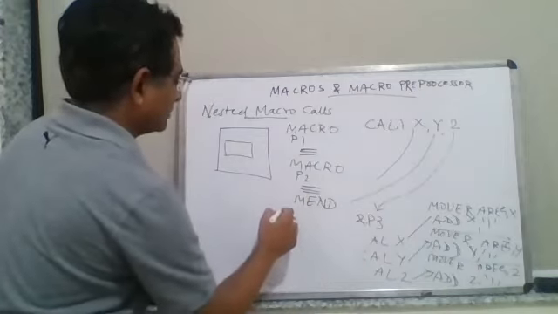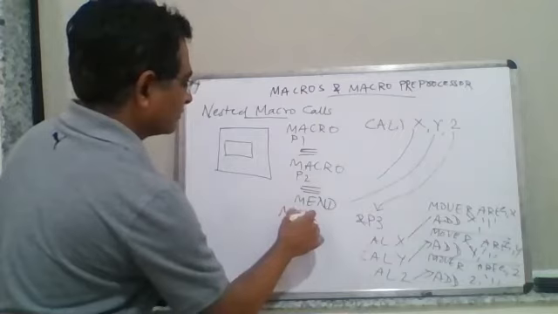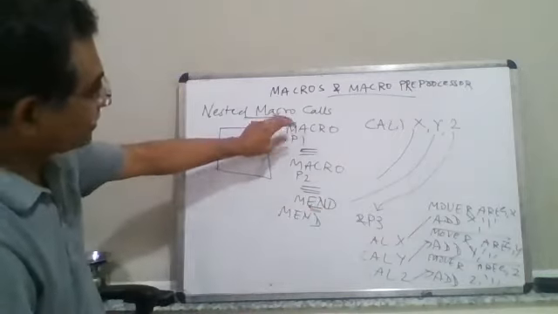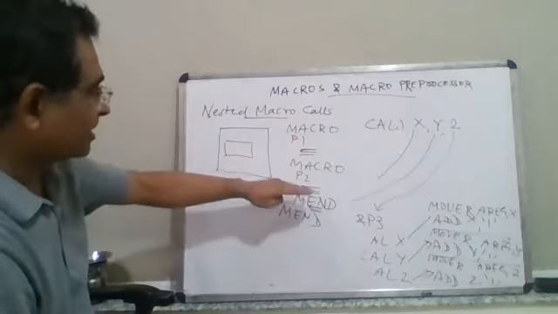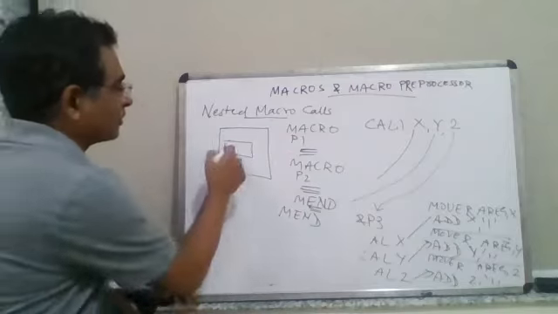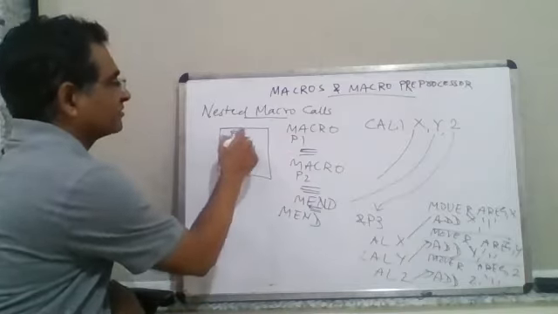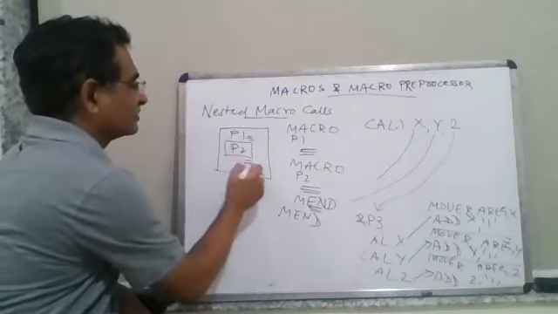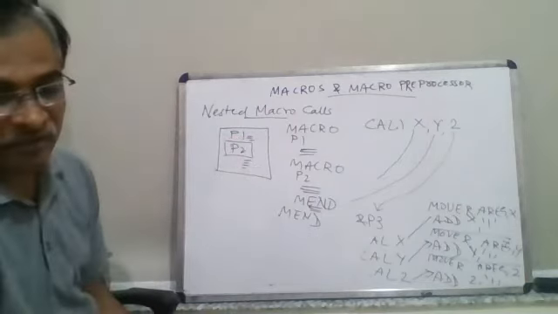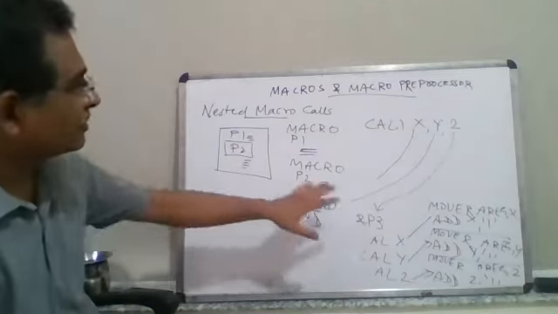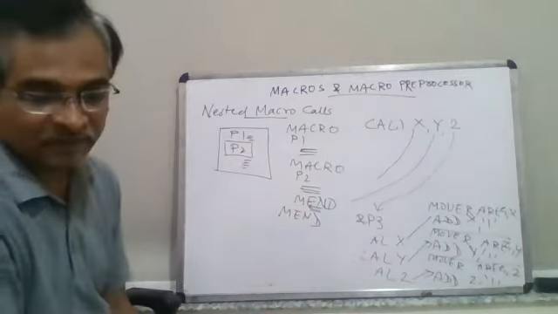Macro end and macro end for the previous one. There could be multiple lines here also. So once this macro is executed, maybe it is saying that there is one more macro. So this is the context which is this one. Here the context of this is P2 and this is the context which is P1 in which it is executed. There could be some statements here also and there could be some statements here also. So in this way, you can even specify the different types of nested macro. This is another way of putting up the nested macro calls.